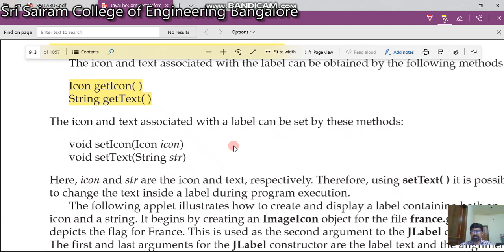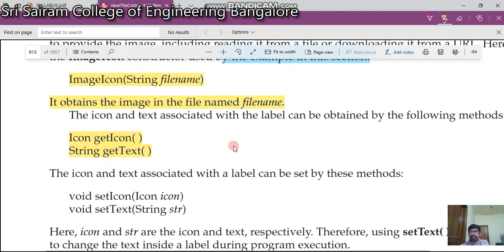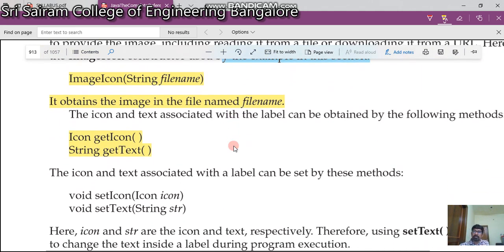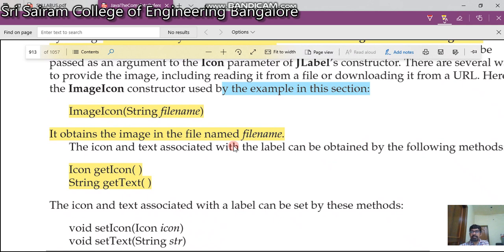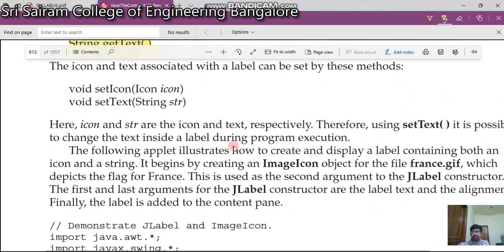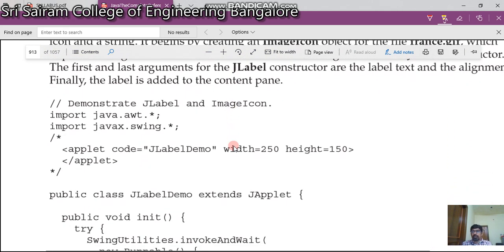So please remember the four methods we use to get and set the icon and text, and the class we use to obtain an image is ImageIcon. Let us see a small program using this.